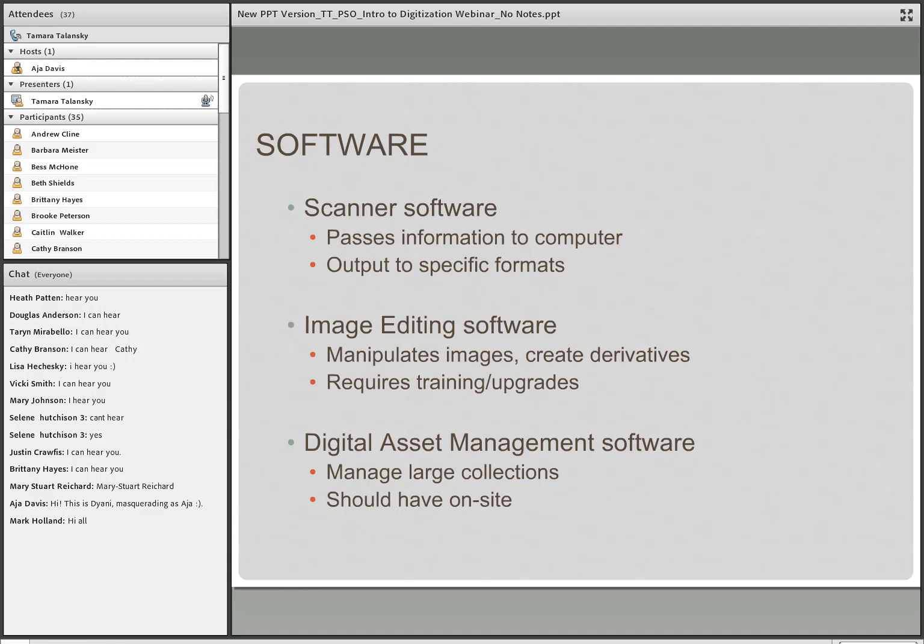So if you are interested in getting something like that, you'll just have to make sure that you have the capability at your institution. And also, some scanning software will allow a certain amount of image manipulation capability. So depending on what type of scanner you get, they will have minimal to moderate image manipulation capabilities.